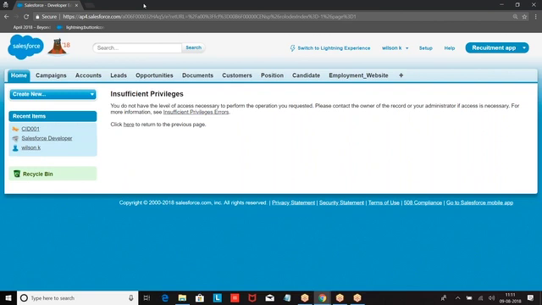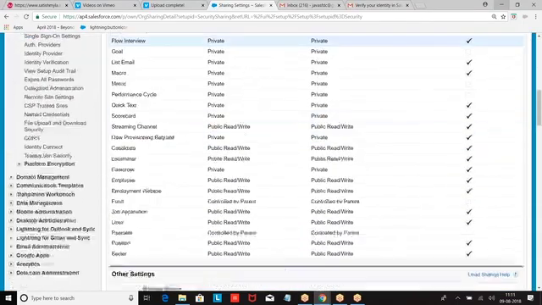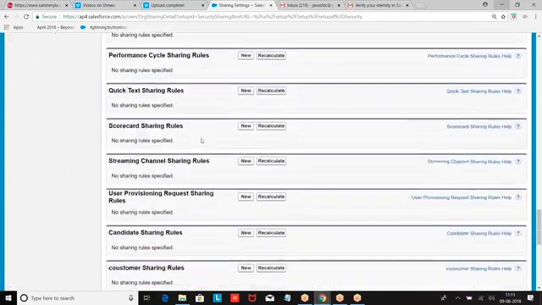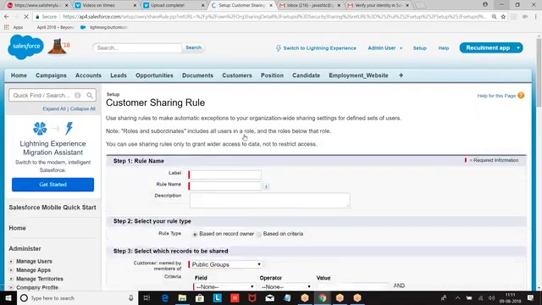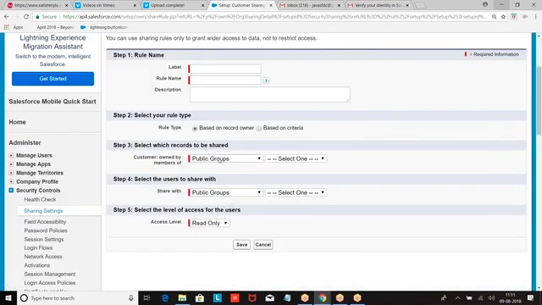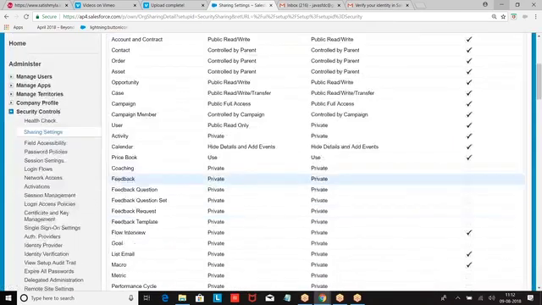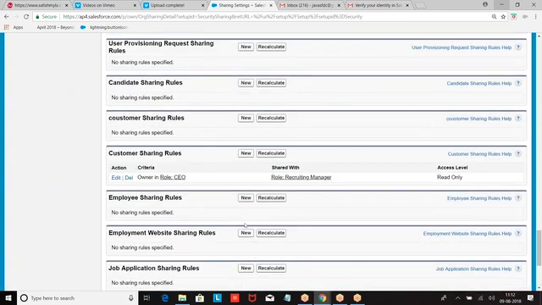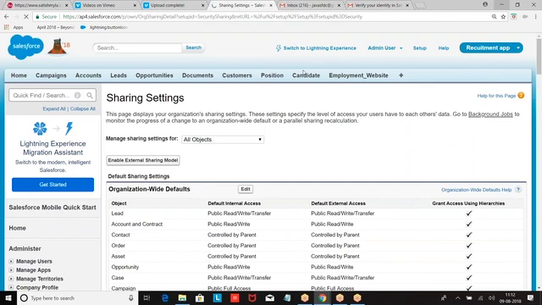It is what? An owner based sharing rule. Records owned by a public group, or role and subordinates, and in case I create any queue, that also will come, are shared with a public group, role or subordinates with read or write access. I hope you are good with this. So tomorrow if I feel I should not share the records, what will I do? Delete the sharing rule. If you delete the sharing rule, access will be removed.